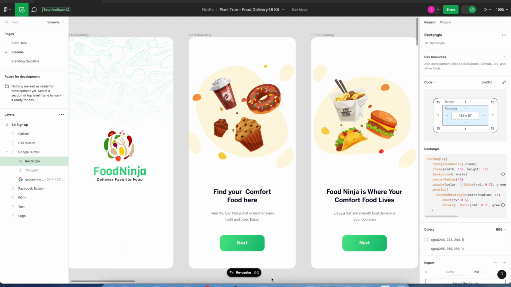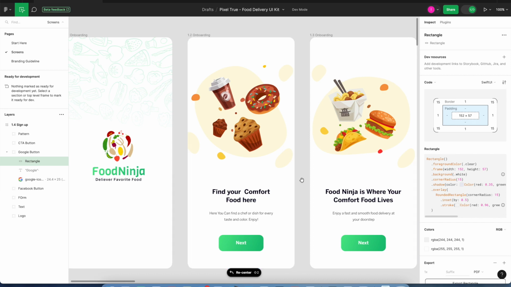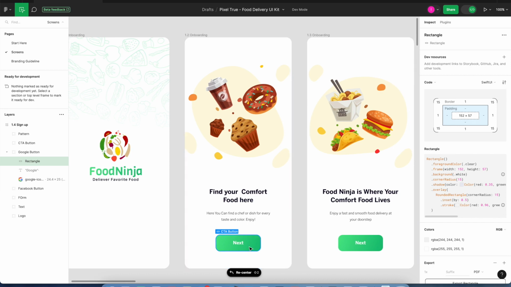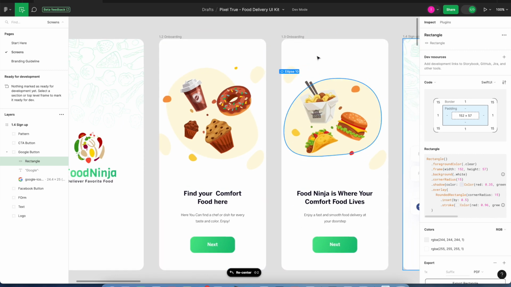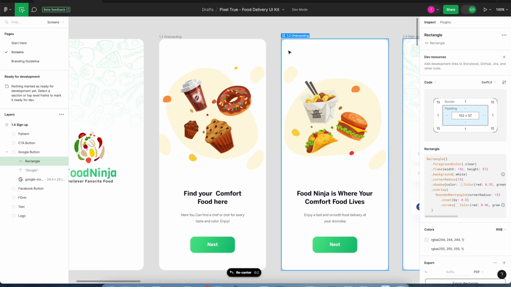And in today's video, we are going to implement some logic on this button. So what I was thinking is to hide this button on the first onboarding screen, and we will show it only when we are on the last onboarding screen, no matter how many onboarding screens we have. So it should be visible only on the last screen, and on other screens it should not be visible. And after doing that,